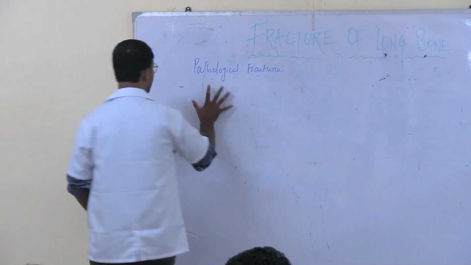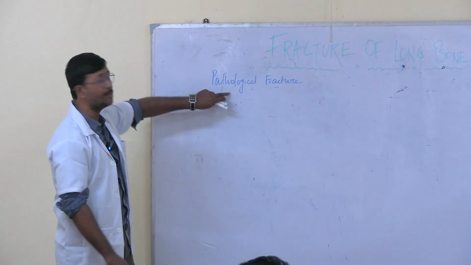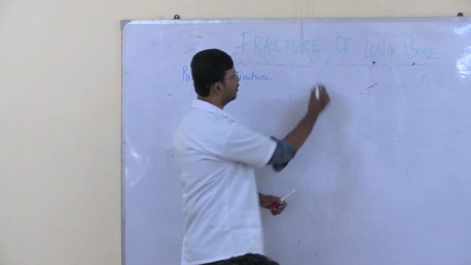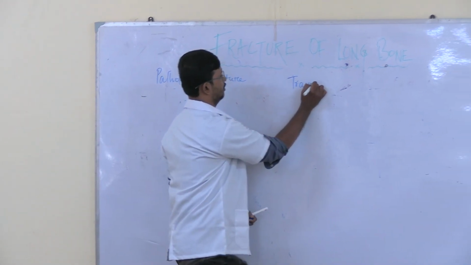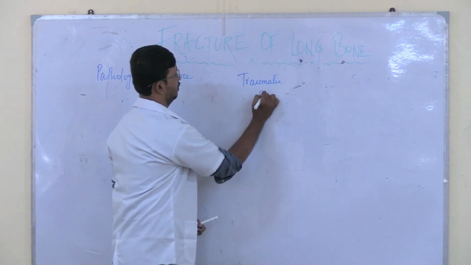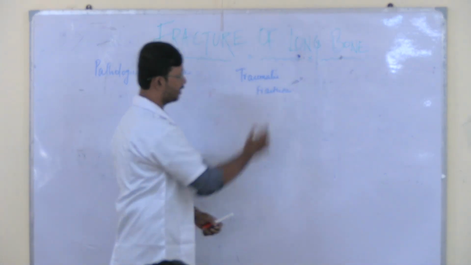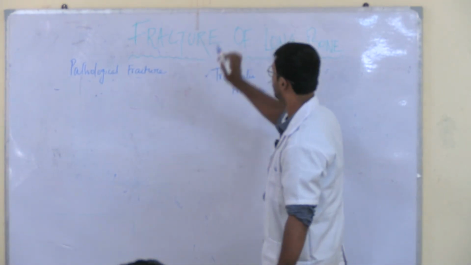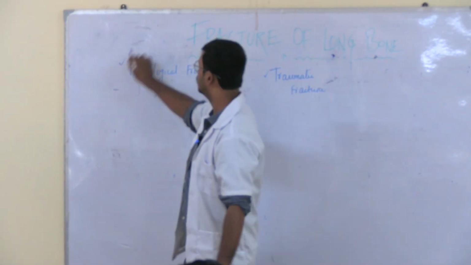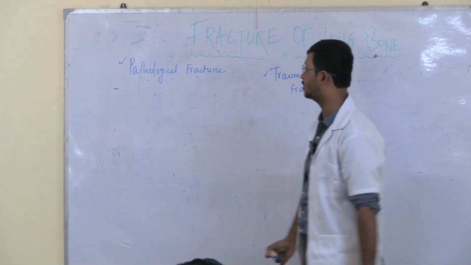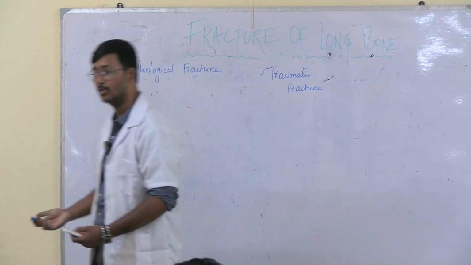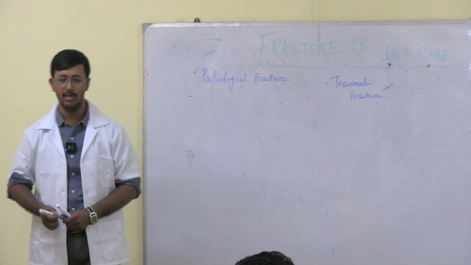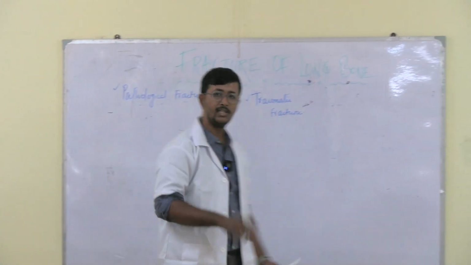So a pathological fracture means any fracture that is caused by any pathology, not trauma. The fracture that you usually know is the traumatic fracture. Traumatic fracture means due to any accident, due to a fall. But a pathological fracture is due to metastasis, or infection, the bone becomes fragile, or due to osteoporosis, the bones become fragile, and these fragile bones usually break down. That is a pathological fracture. There is another fracture known as